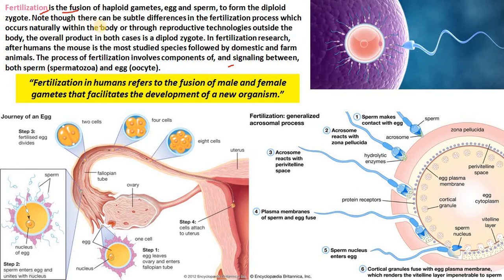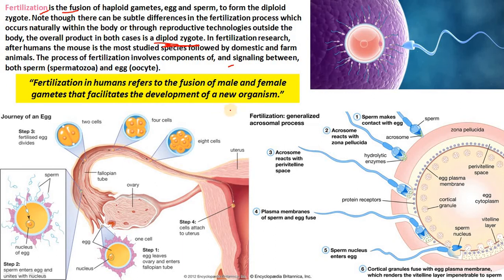Note, though there can be subtle differences in the fertilization process which occurs naturally within the body or through reproductive technologies outside the body, the overall product in both cases is a diploid zygote. In fertilization research, after humans, the mouse is the most studied species, followed by the domestic and farm animals. The process of fertilization involves the components of and signaling between both sperm, spermatozoa, and egg, oocyte. So, fertilization in human refers to the fusion of the male and female gametes that facilitates the development of the